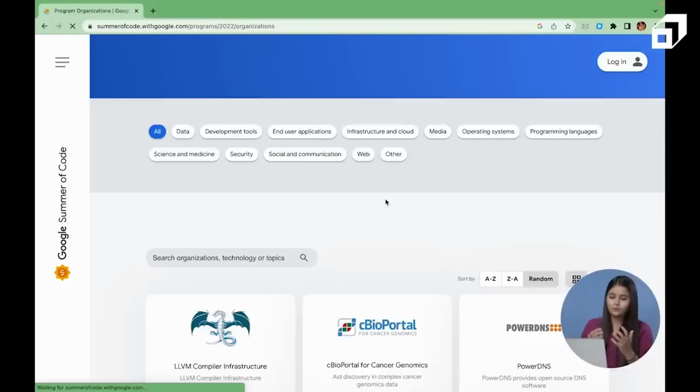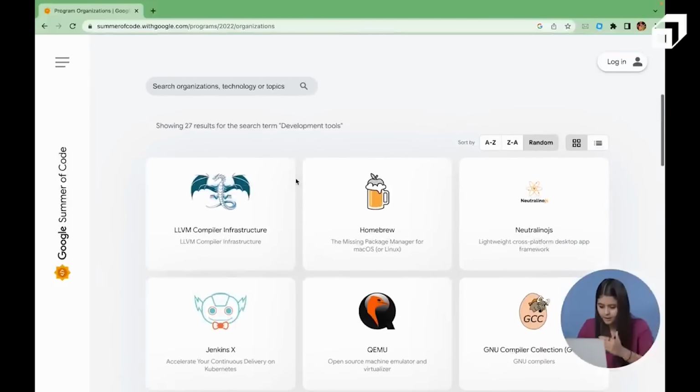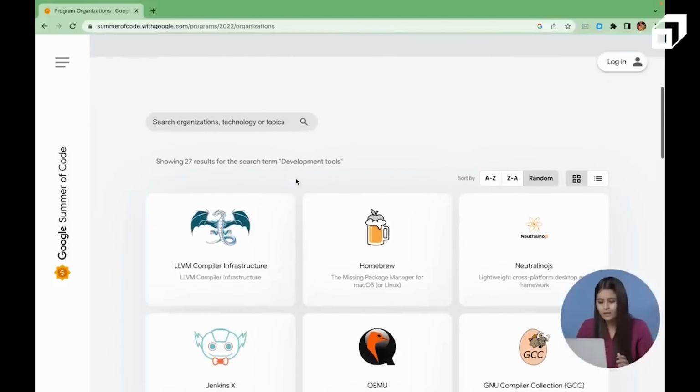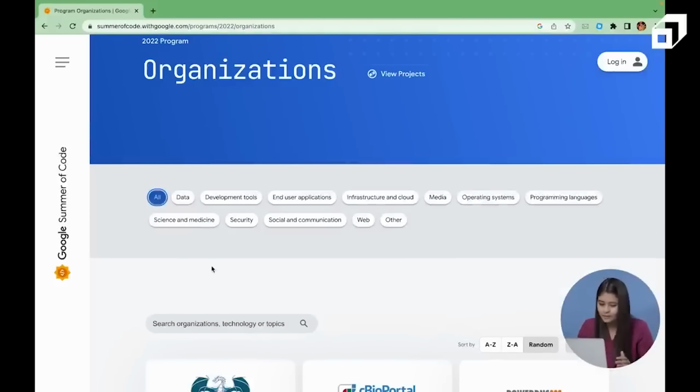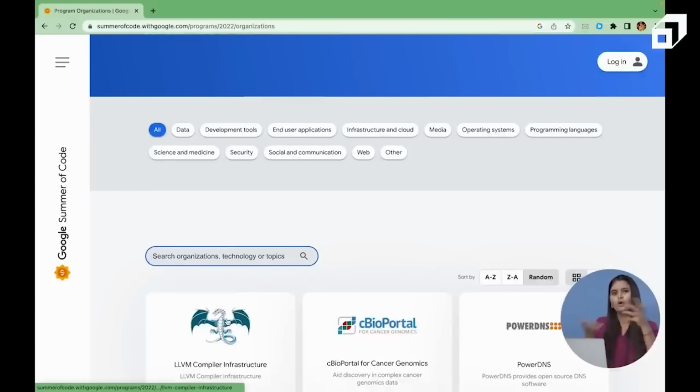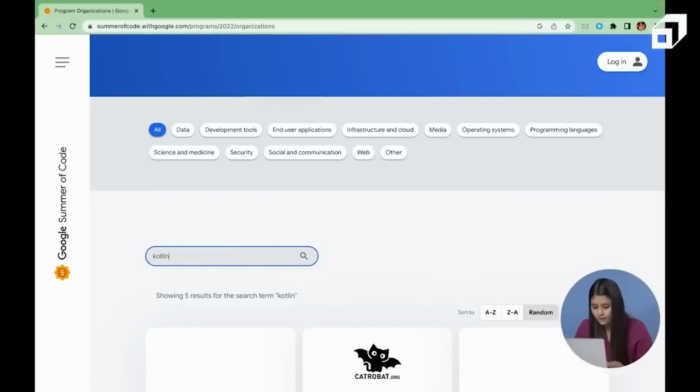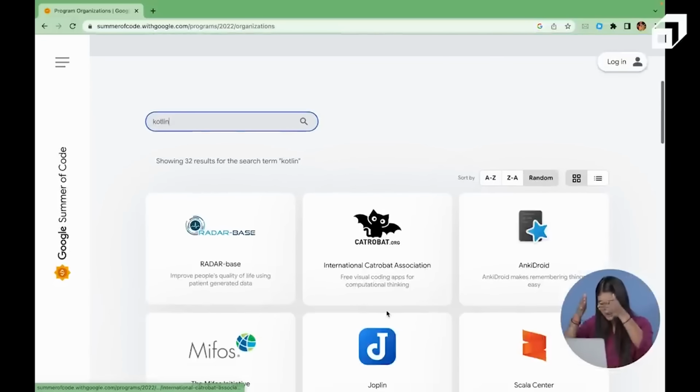Like if you want to filter out the organizations which are of the domain, maybe web development, or which are of operating systems, so many filters are given to you. If you click on any of these filters, you will get a list of organizations of that category. Let's say I am not liking any of these filters, I want to choose some organization of my choice. Let's say I am very much into Kotlin. So if I write Kotlin here and click on the search icon,